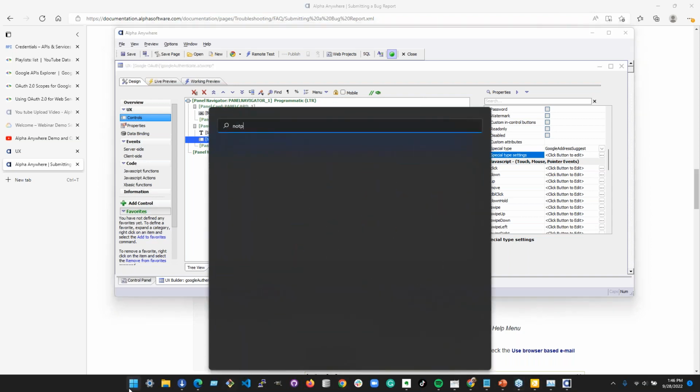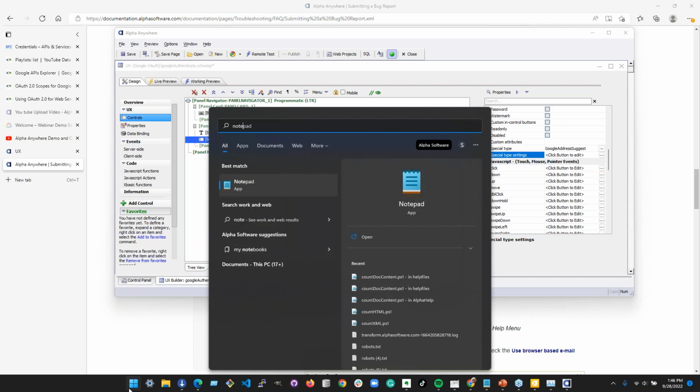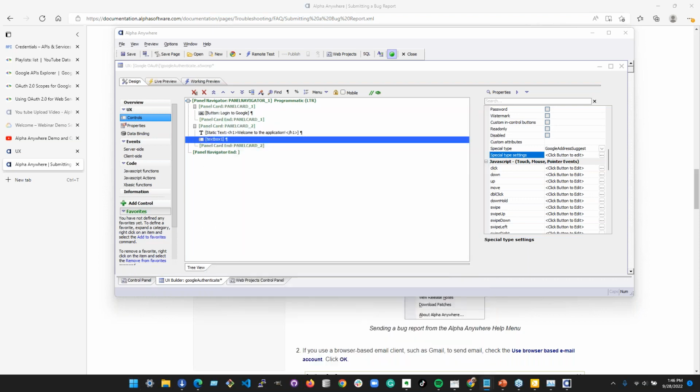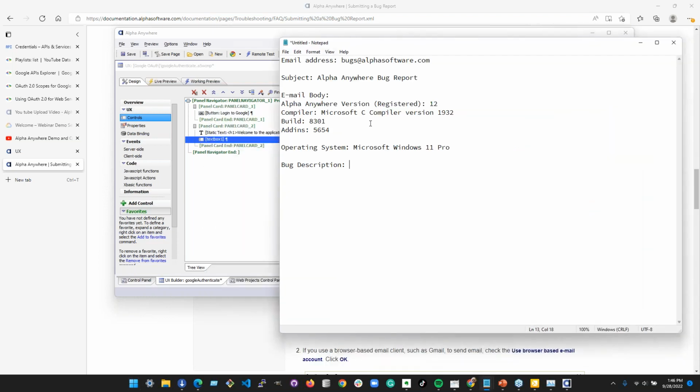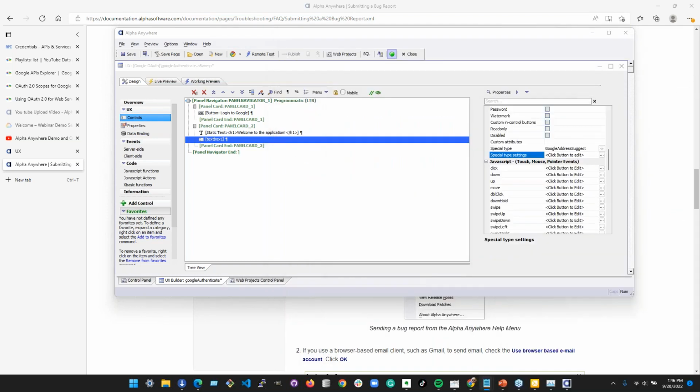But yeah, so then you can just copy that to the clipboard and then open up your email client, notepad here. I always put it in notepad and then go from there. If the files you need to send are too big, email custserve@alphasoftware.com for assistance, or go online and go to our contact support form, and we'll send you a special link you can use to upload and send those files. It can handle files up to 100 megabytes in size.